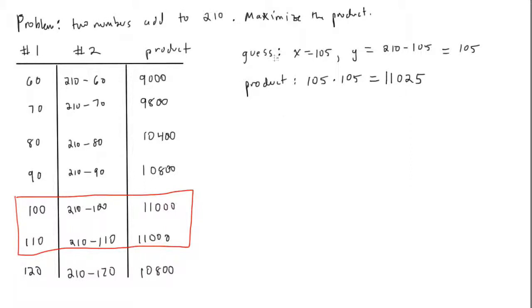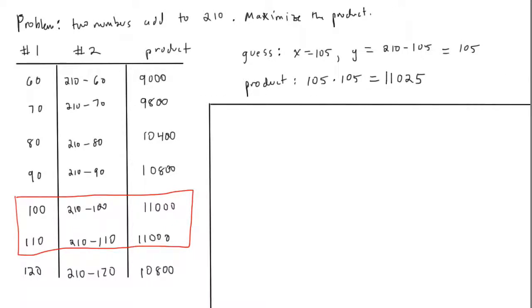So the way that we're going to do this analytically, and this number crunching stuff is great for motivation, but it's not practical. So let's do this the real way. The function that we're dealing with here, I'll call p of x for product. And as we've seen, this function is a number x times another number 210 minus x. And it's 210 minus x because the numbers have to add up to 210. So these two numbers, x and 210 minus x, add up to 210, and their product is what we're interested